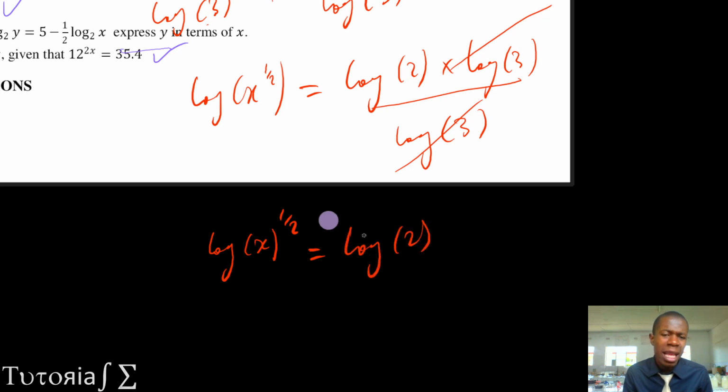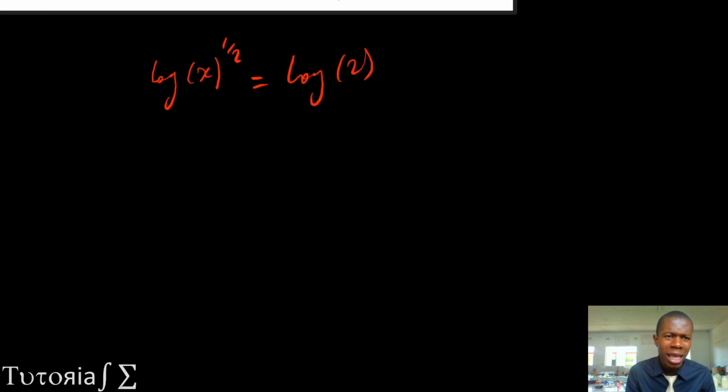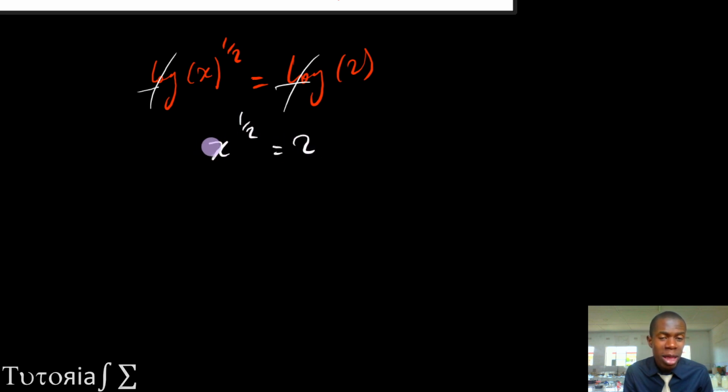And basically here you can do one of two things. Remember, the other rule that we learned is that we can introduce logs both sides of the equation. So meaning that we can also cancel the logs if they are the same bases. We can cancel the logs from both sides. And simply this becomes x to the power half is equal to 2. We're doing that because our x is in the base. You should also consider introducing the logs both sides if x is on the power, like in the next question